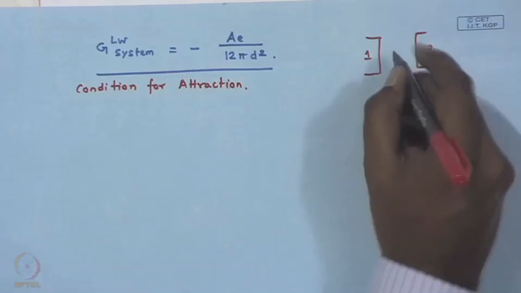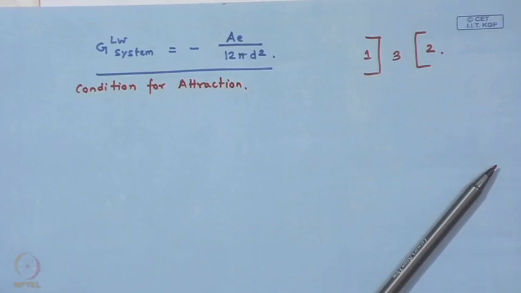But now you have a liquid 3. We are not considering any polar interaction or anything like that. We are only considering the van der Waals interaction between 1 3, 2 3 and